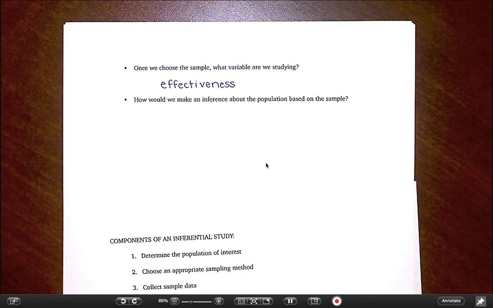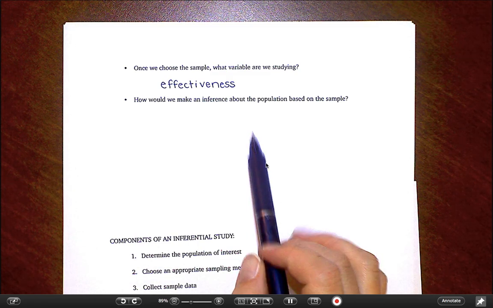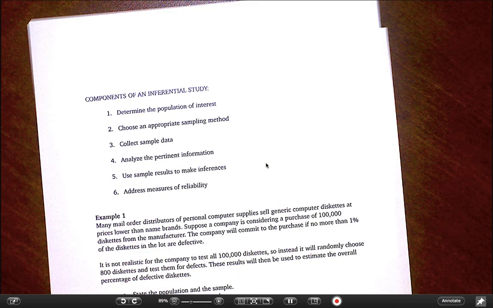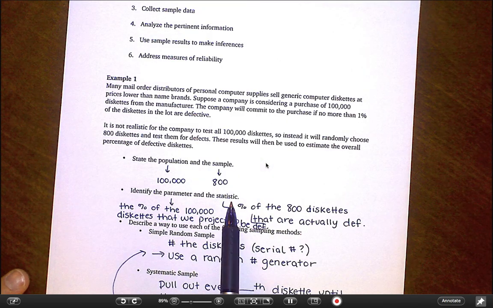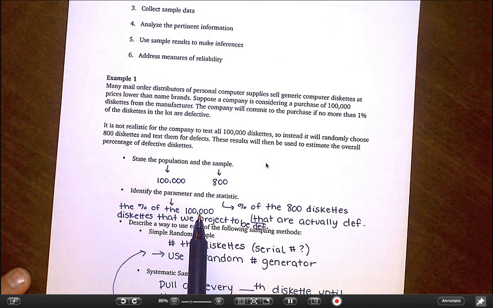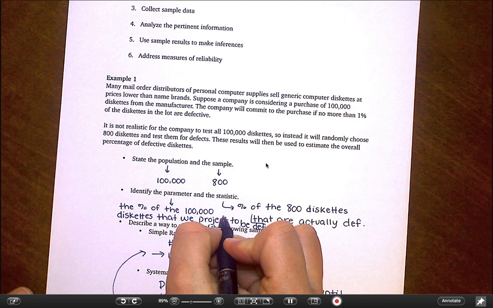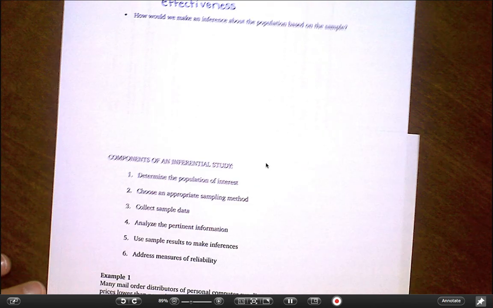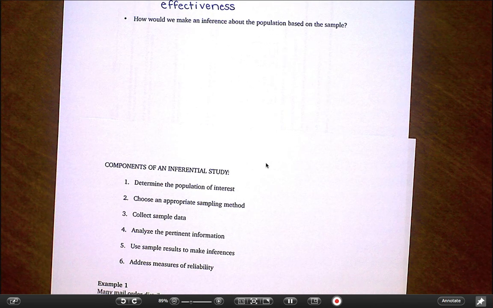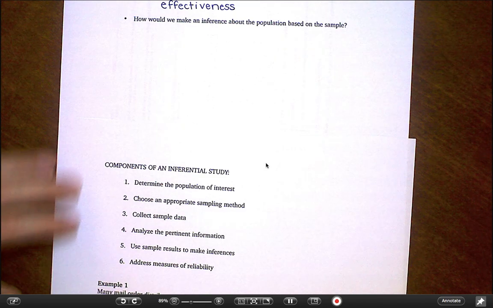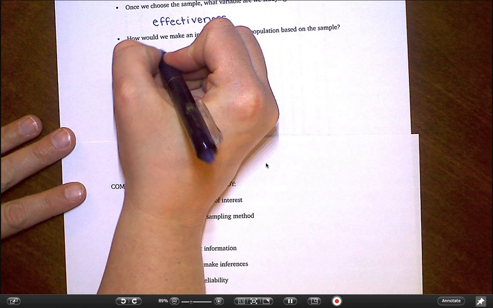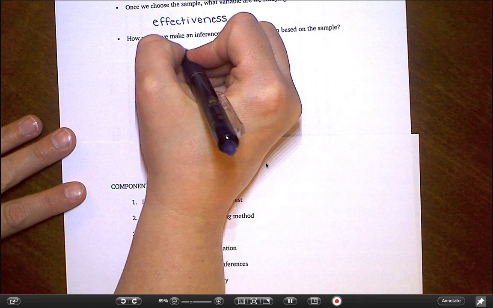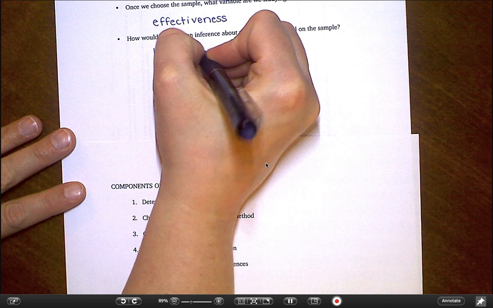Well, I'm not going to waste your time writing this entire sentence out. I'll write down the important stuff. But what we're really getting at here is that process we talked about back here, where we're going to find the statistic and then project to the parameter. That's what this question is asking about: how are we going to make that projection? Basically, if less than 1% of the sample is defective, then less than 1% of the population is likely to be defective. So I would say if there are less than 8 defective